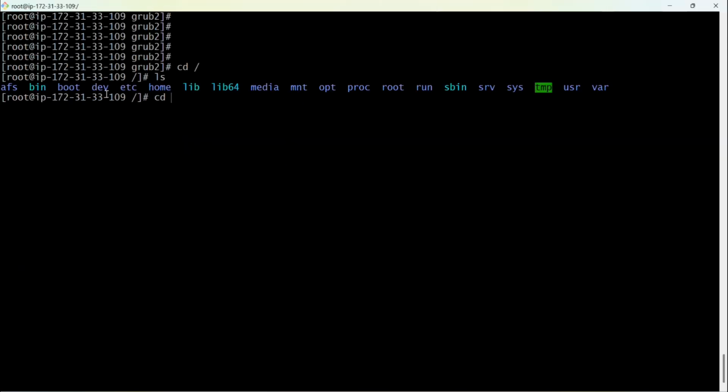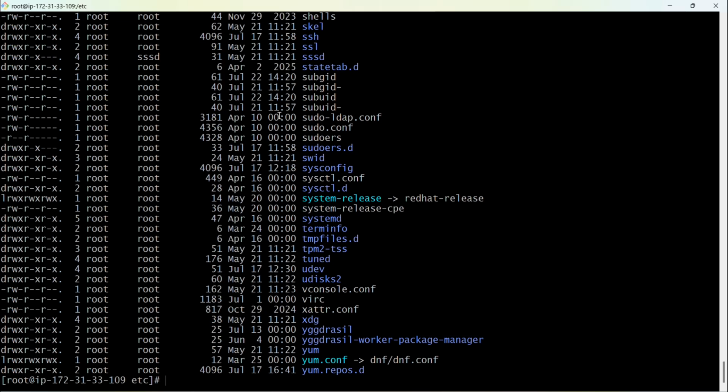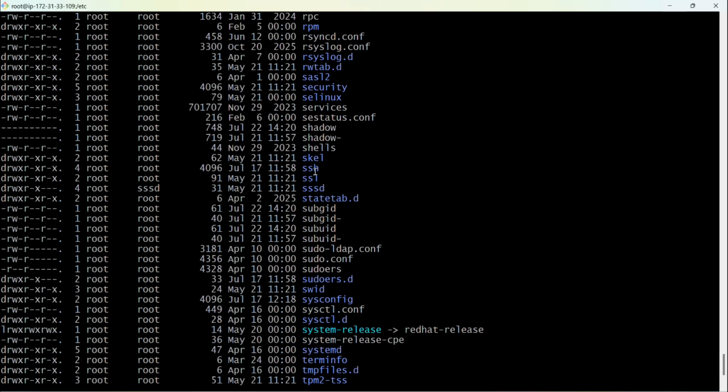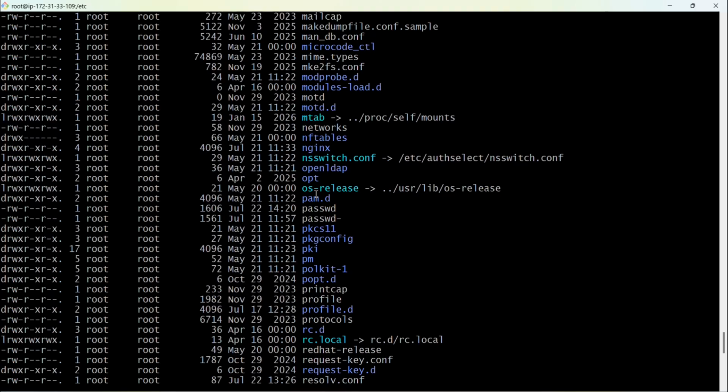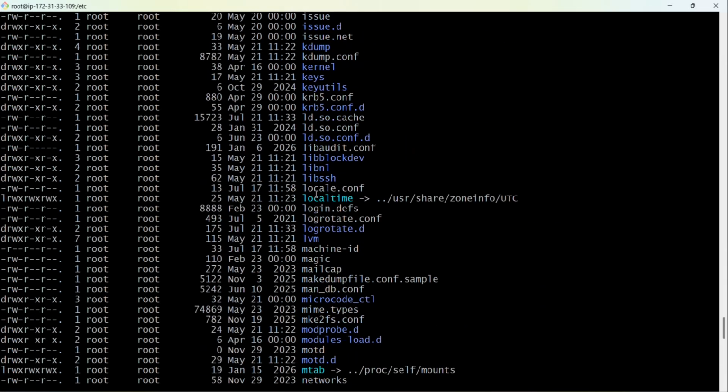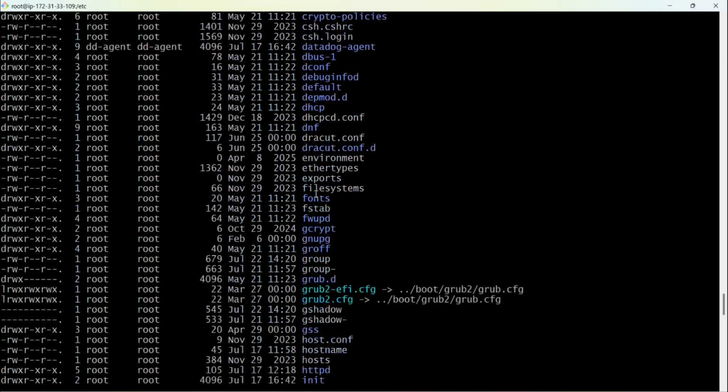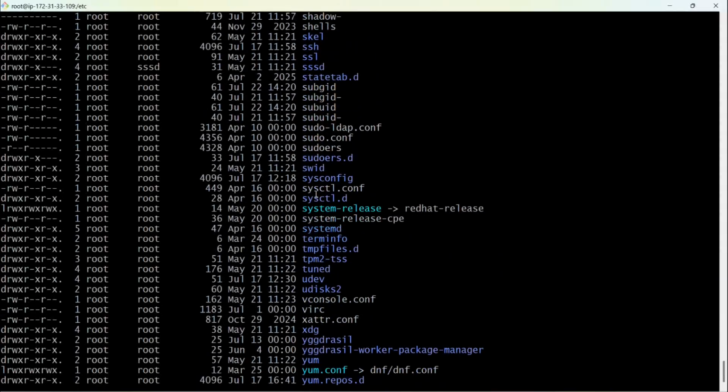Now we will see cd /etc. So it contains all configuration files. You can see here SSH, SSD, SELinux, RPMs. These are the pre-installed softwares. Those configuration files are already stored in